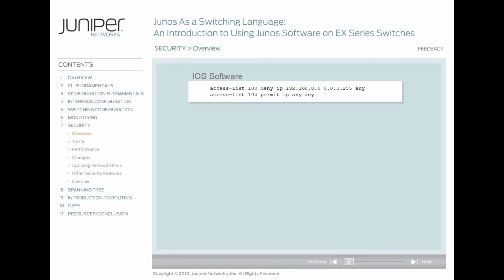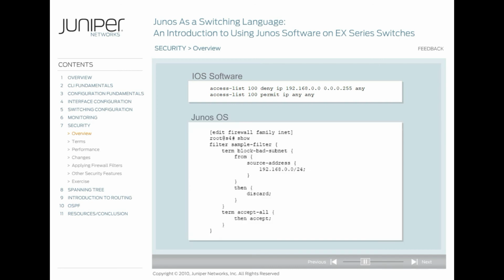Next, let's take a look at security. In Cisco's IOS, you configure access control lists with either numbers or names. Numbered access control lists have numbers that indicate the type of access control list, standard or extended, and address family. Named access control lists also contain these indications. The Junos equivalent to IOS's access list is a firewall filter. As in IOS, you configure